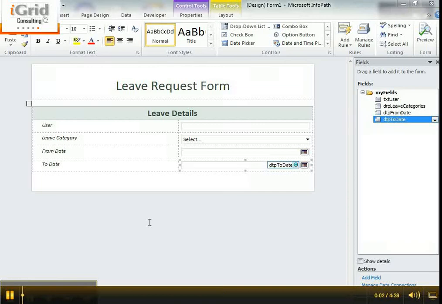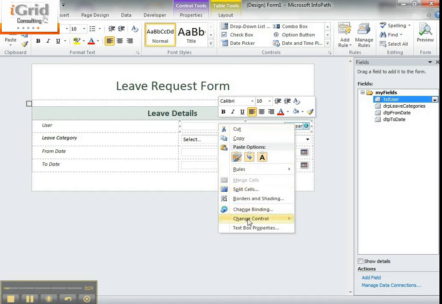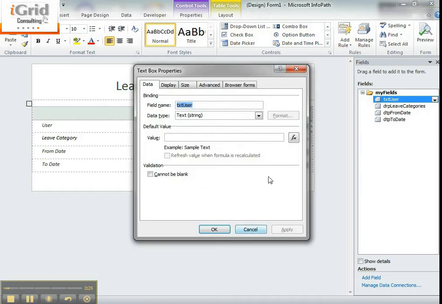Now that we have our InfoPath form design, we would like to do certain things. The first thing we want to do is make the username appear automatically based on the logged in user, because I don't want the user to enter something. So when I go and fill a leave request, my username should be automatically picked up from the logged in person. So I'm going to right click on this, go to text box properties, click on default value, click on